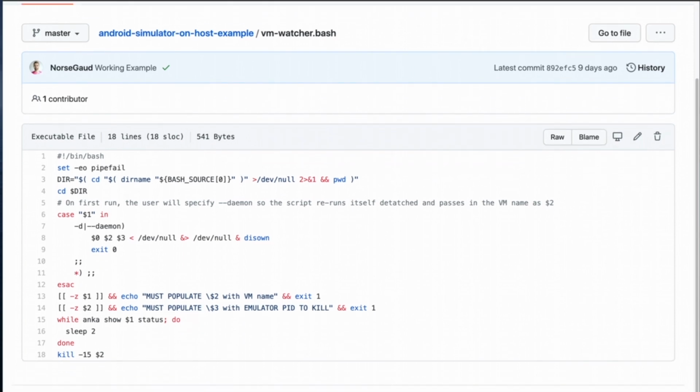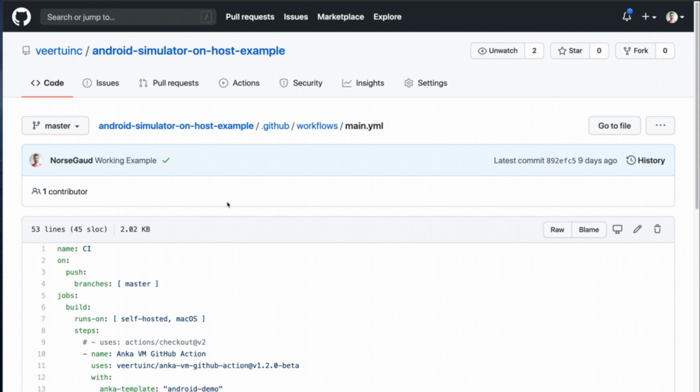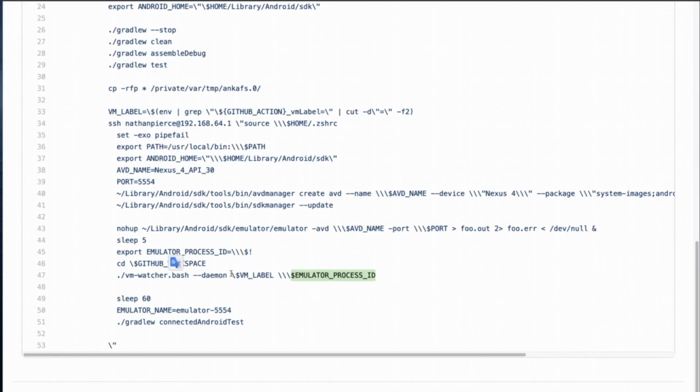This is sort of a requirement in my mind. You can try a different approach. I decided to just create a bash script for this. What it's going to do is it's going to take that VM label right here, which is the VM name that's running,